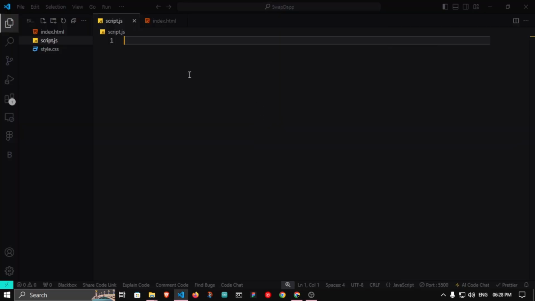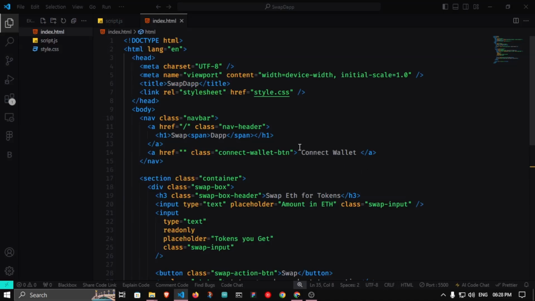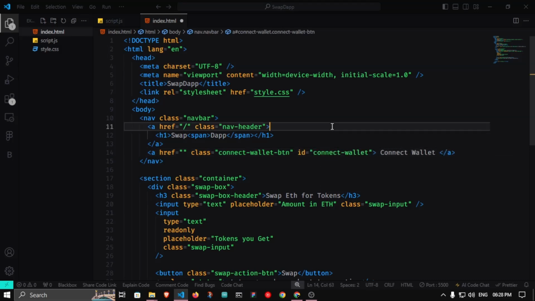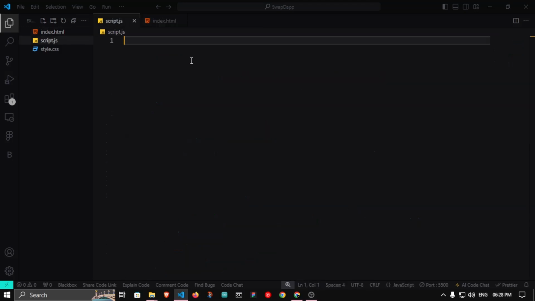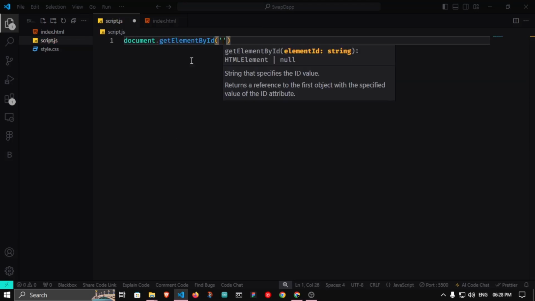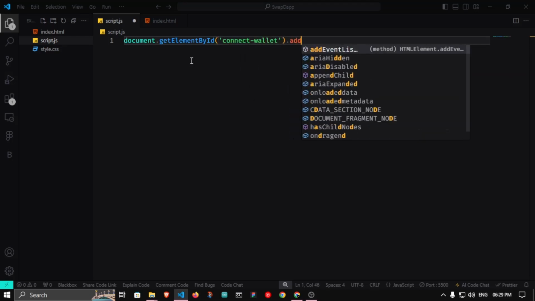First of all, we have to give an ID to our button by which we can listen to its event, like click or anything else. So I'm going to pass the ID here, connectWallet. Make sense? Just save the file, go to script.js. Now we have to write an event listener. Just document.getElementById, and we want to listen to click events on connectWallet. Okay, so just write addEventListener,